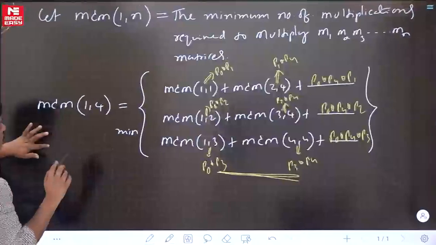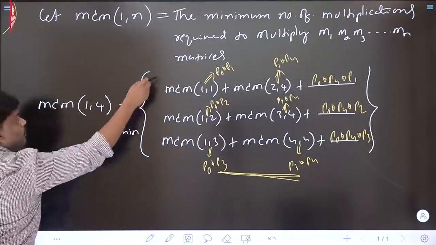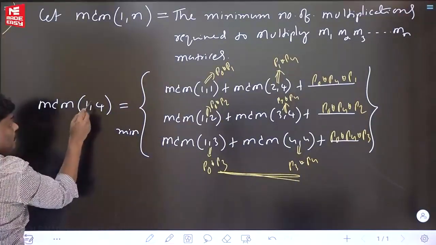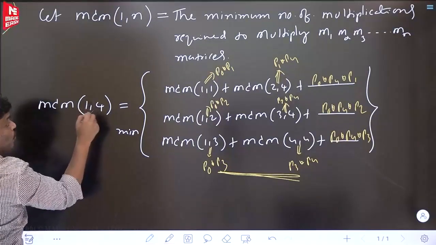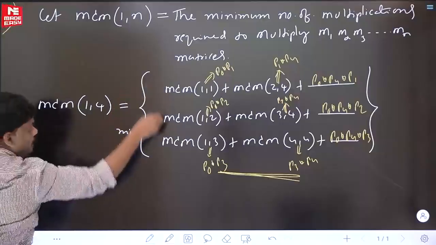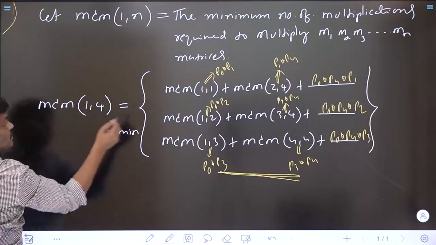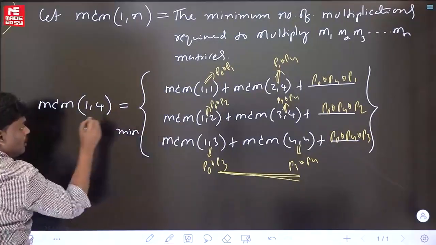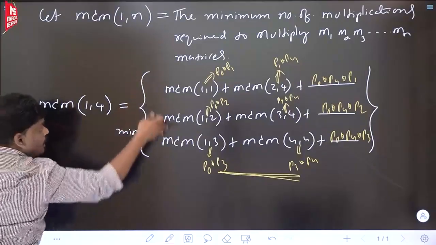Can you help me one small line now? 4 matrices are there. How many people here? 3. 10 matrices are there. That is the reason I said to you, 4 matrices, 3 array tree will come. Next one, 10 matrices, 9 array tree will come. Suppose here n matrices, n minus 1 array tree will come. What is the meaning? Here n matrices are there. Here n minus 1 people.